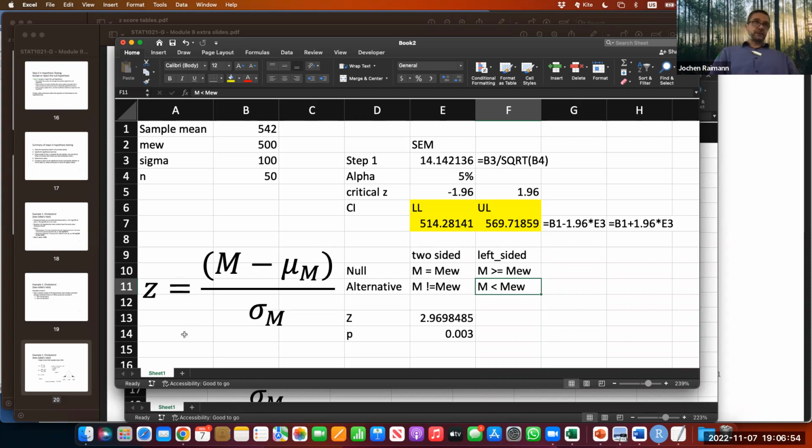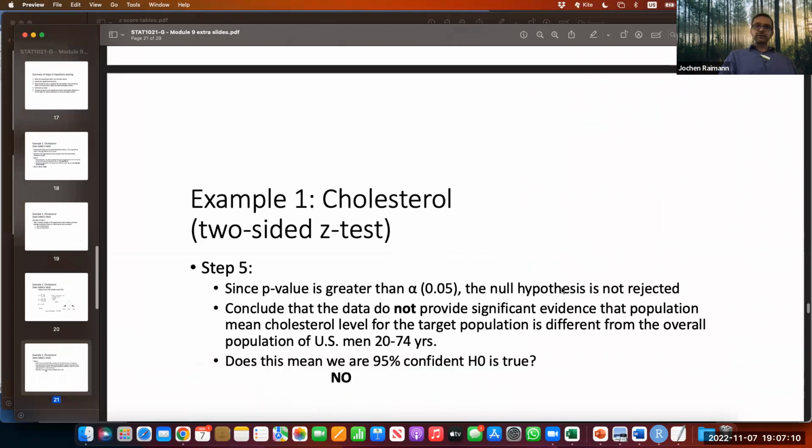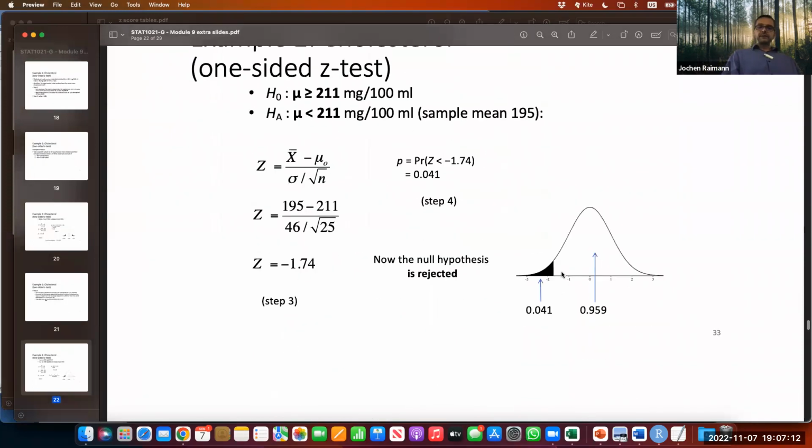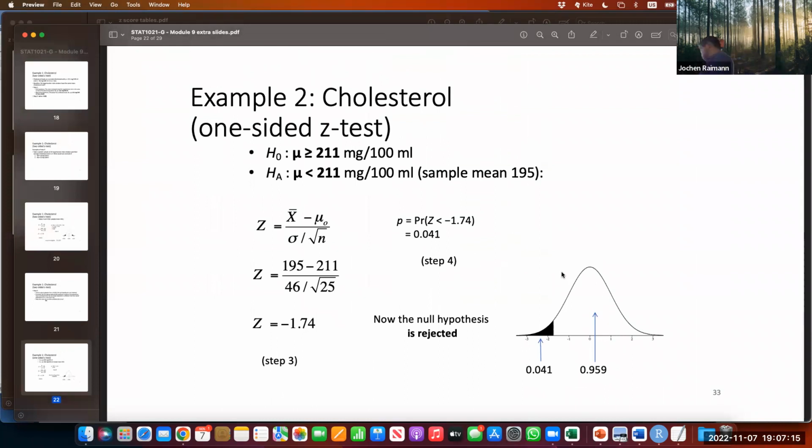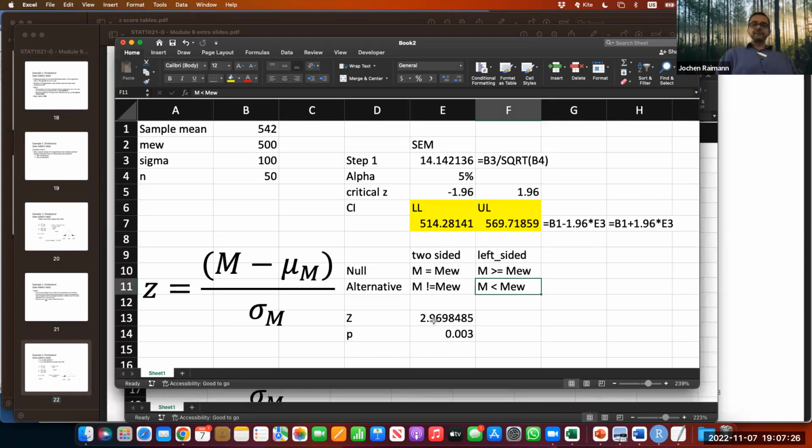In exactly the same fashion. It's the same calculation. It's the mean minus the mu divided by the standard error of the mean. The only thing that changes is the angle you're looking at this. And this is again in these slides that I've shown you, because what we're doing now is essentially looking at the left-sided test. So we're interested in one set score, and we're interested in everything to the left of it. So this being said, if I have 2.97,